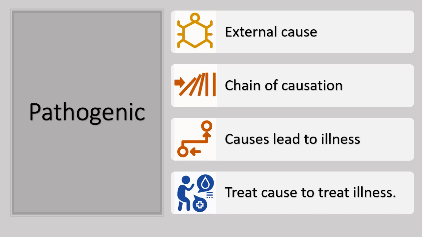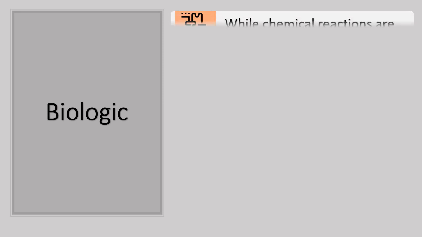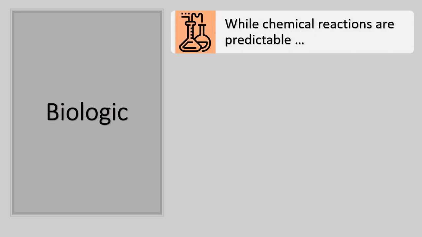So these are some of the shortcomings of the pathogenic model. So we have to look beyond that. Then comes the biologic model. One thing that is understood in this particular model is that while chemical reactions are very predictable, and all of